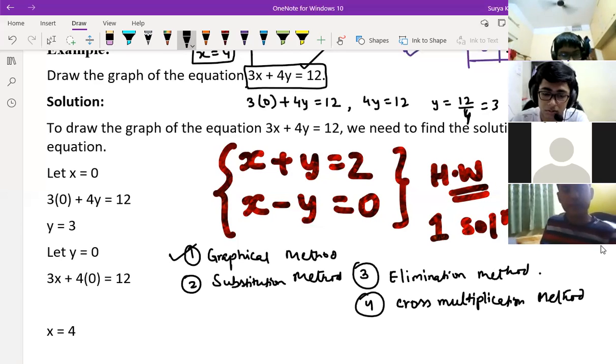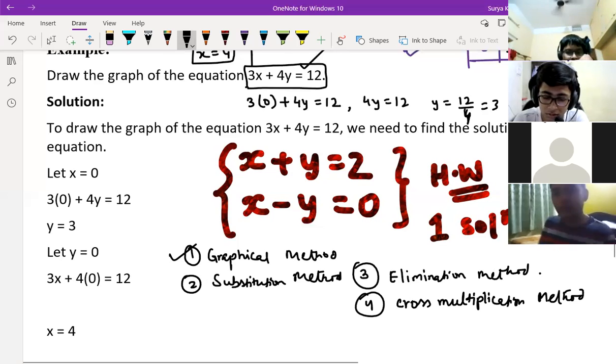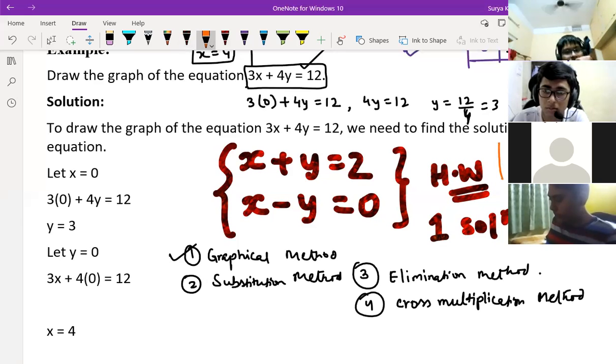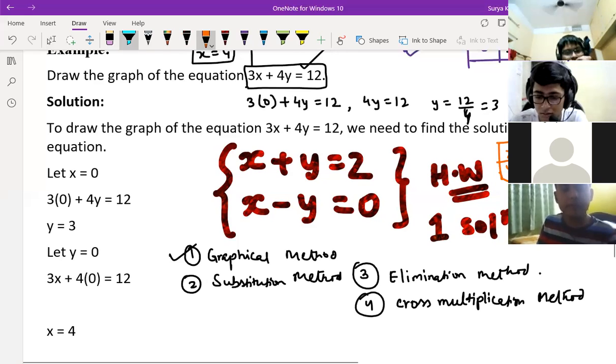Substitution is what we did with 2x plus y, right? Substitution method I didn't teach you. I'll teach you. Till now I have not taught you the substitution method. So then what is the method that we use for 2x plus y is equal to 7? We substituted x with 0, right, sir? Actually, that is for the graphical method you are using now. Where we are using x and y to make a graph, right? Okay, sir. So this is the graphical method.